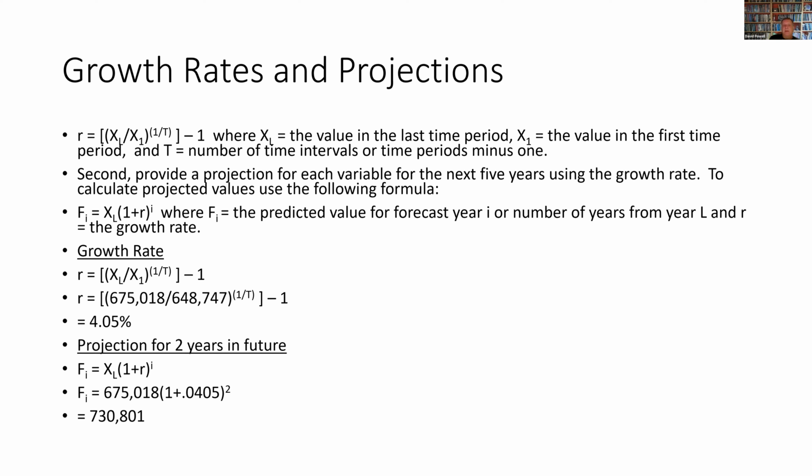So $675,018 is 4.05% greater than the previous year's amount of revenue, which was $648,747. So your revenue has grown by 4.05% from 1 year to the next. That's your growth rate. Then you can take that growth rate and use it to make your projections